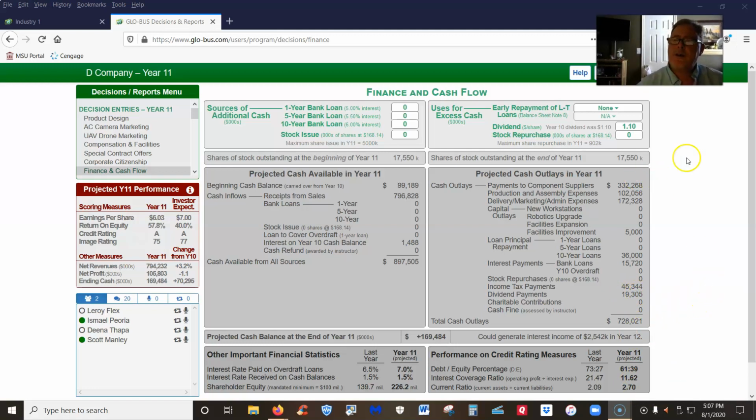You also know how much it's going to cost you to repurchase shares of stock. If we don't repurchase any, our stock price is going to be $168.14. If we repurchase 100 shares of stock, and that's 100,000 shares, by the way, it's going to drive up our stock price. If we repurchase 200,000, it drives it up a little more, and the more stock that we buy back, the higher our price goes, okay? So that's a direct relationship. Your stock price increases by the proportion of shares that you're repurchasing, okay?